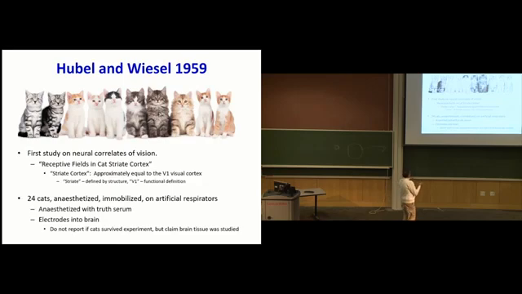They worked on 24 poor cats. They anesthetized them, they immobilized them, and then they held their irises open. The poor things are immobilized and anesthetized, and they can't do anything about it. And then they beamed little beams of light into the cat's eye, and studied the response. So the way they did it was they would stick